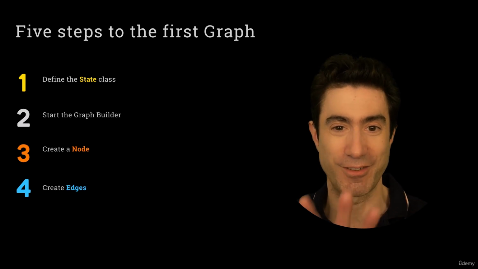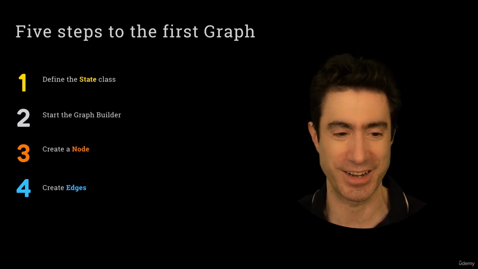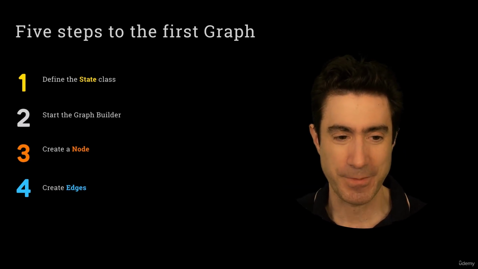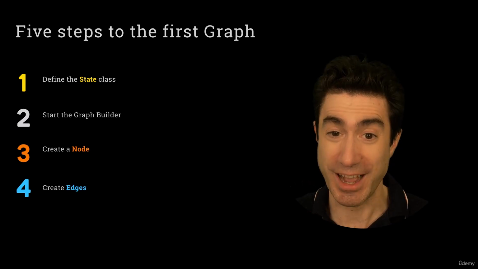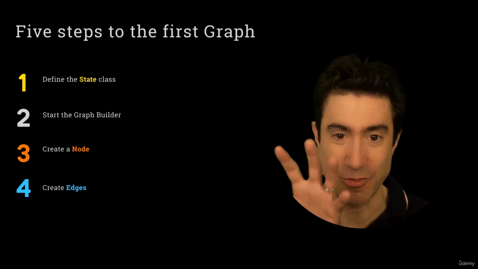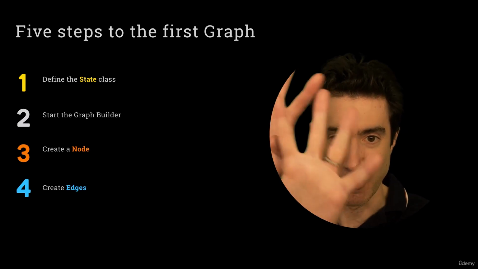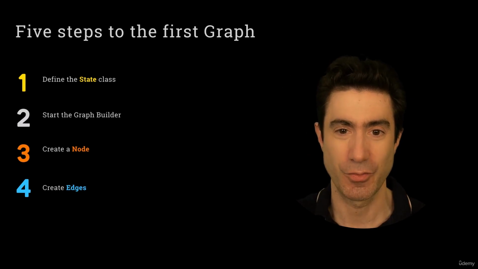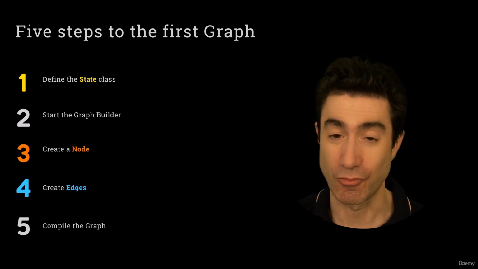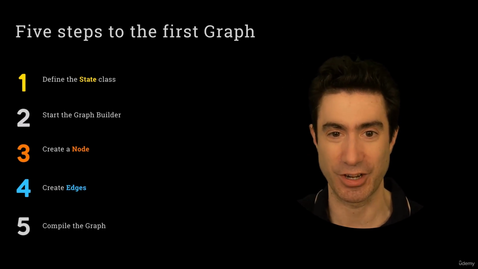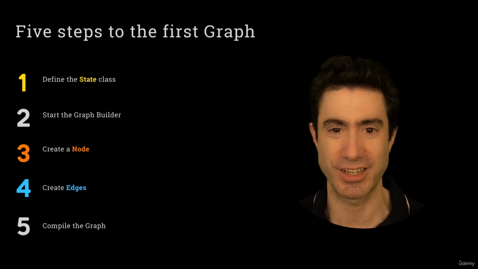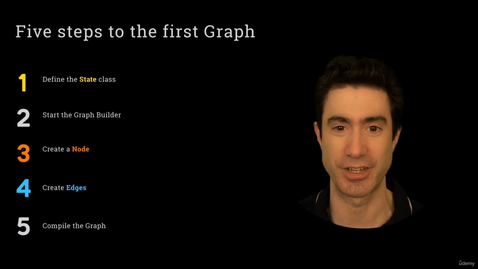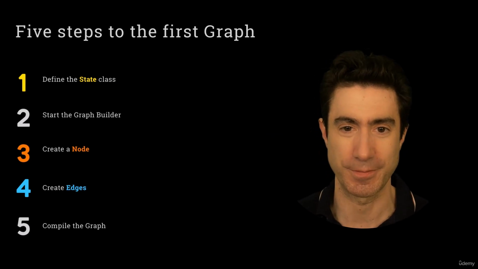Think of this as a bit like writing a program, but we're doing it dynamically at runtime. So once we've described the nodes, created the edges, and laid out our whole agent workflow, we then run an operation called compiling the graph, and that will turn this into something that's ready to be executed. And then we kick it off and it runs.